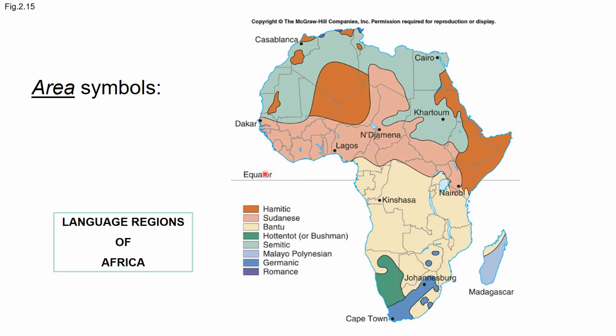Here on this map, the color types are not to distinguish magnitude, just differences in kind. It's not a map of apples and oranges, but it's just apples and oranges, in that these are the language families on the continent of Africa. Here you have this light green unit, the Semitic family of languages, which almost all of that is Arabic here, whereas the dark green unit is down here, the language of the Bushmen